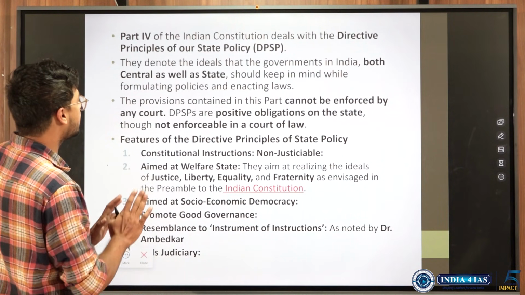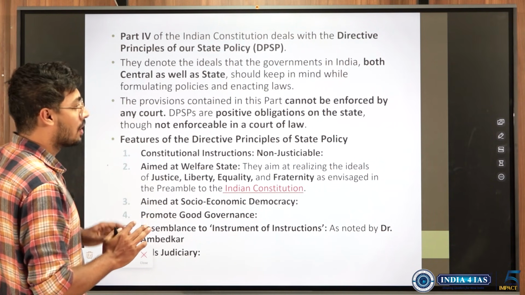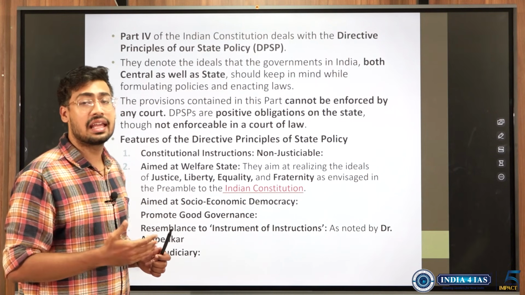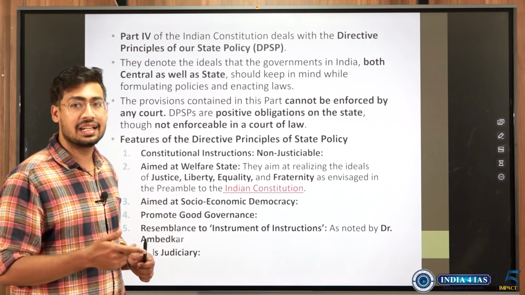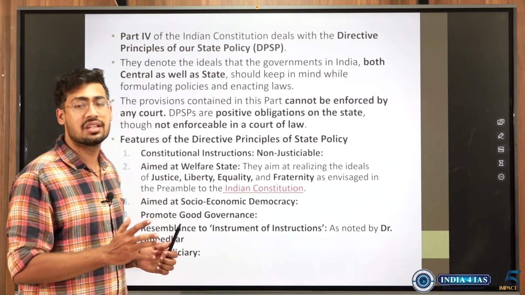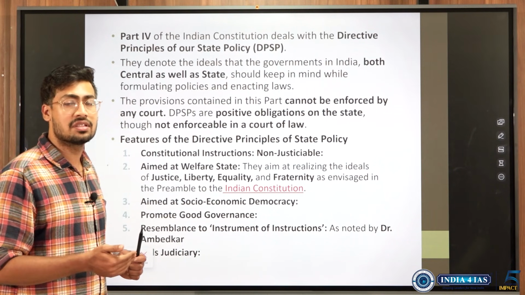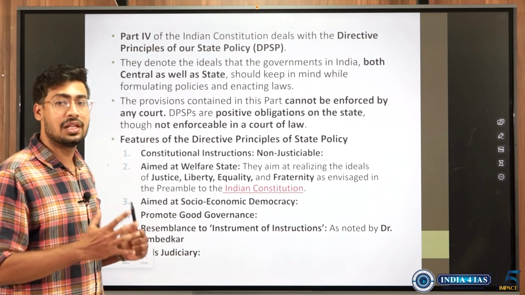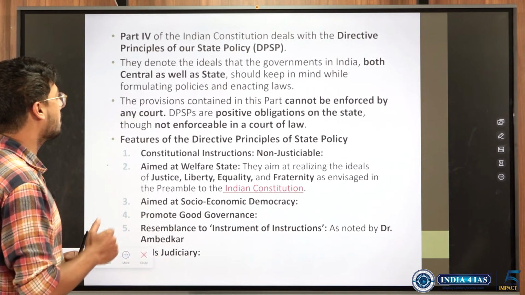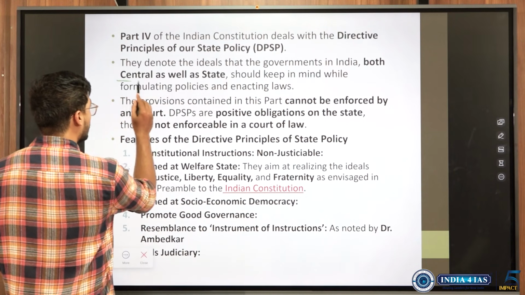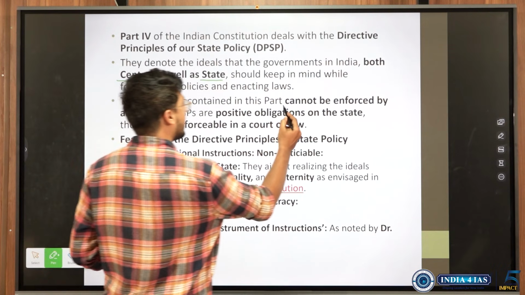See, DPSPs act as directive principles. They are the moral guidelines which the state needs to follow. Our forefathers said that any government in power cannot neglect to fulfill DPSPs, because if they neglect, then the people would not elect them. This is what our forefathers had in mind when they brought DPSPs. That is why they did not make it justiciable, because even if they are non-justiciable, they believed that governments need to follow them, so that they continue to be in power. These principles are for the central government, state governments or any government, and they cannot be enforced in any court of law.